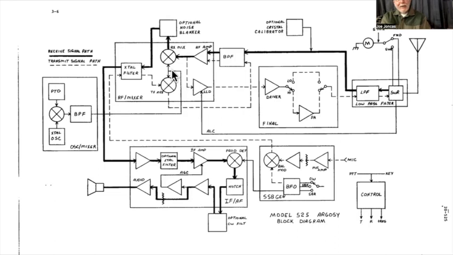goes up here, mixes with the signal coming from here, goes up here, comes down here, it goes through this amplifier here, which has the ALC, which is the automatic level control that comes from the output over here. And here's the driver, and it's showing it going through the PA, which is the power amplifier. And then it comes out here, it goes out to the antenna. And that is as far